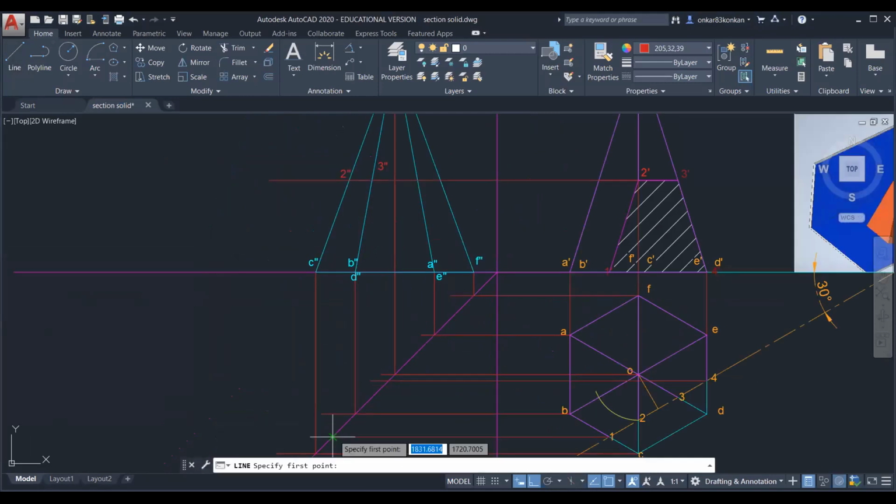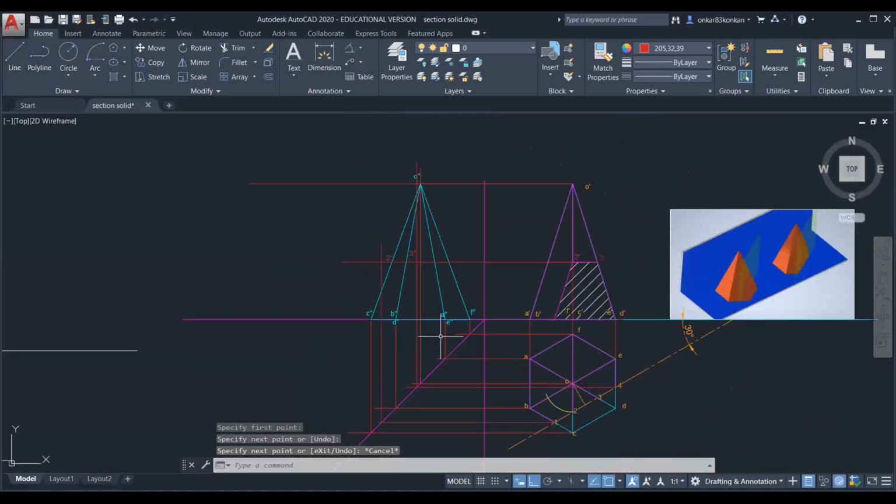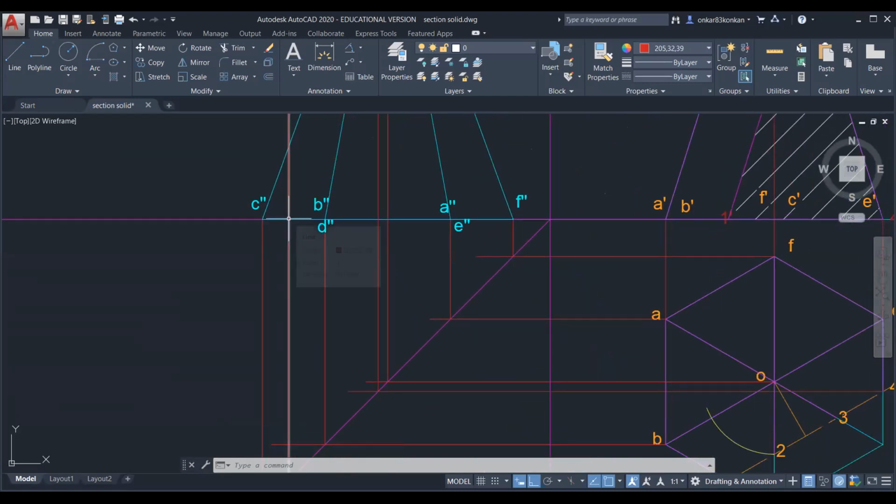So this is the projector from point 1. And this is the projector from point 4. So this point, this is the point 1 and this is point 4.